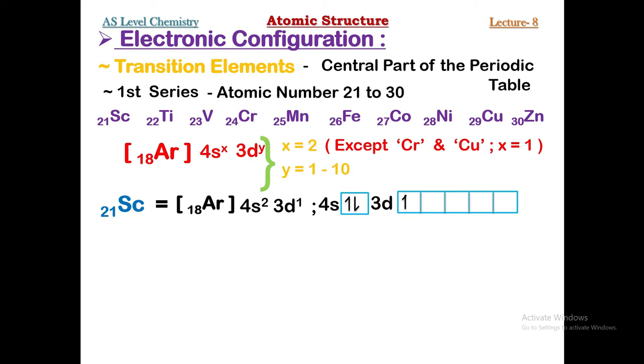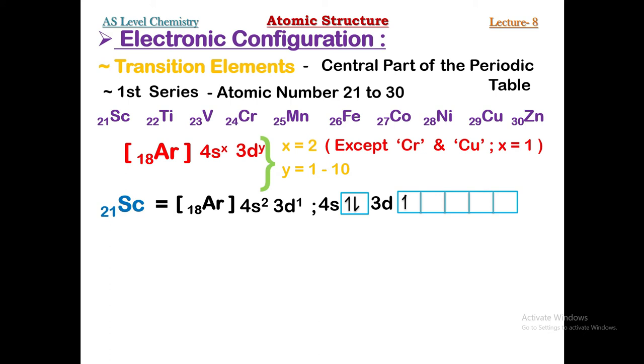Now use this formula and write down the electronic configuration for all the 10 elements. Just to give you an explanation, I am writing the electronic configuration for those 2 elements which are exceptions, while for other elements it is simple. It is simple: just place 2 electrons in 4s and the remaining electrons will be placed in 3d. For example, for titanium, what will be the electronic configuration? Ar18, 4s2, 3d2. Likewise, you can keep on adding electrons in 3d and 4s will remain the same number of electrons, that is 2.